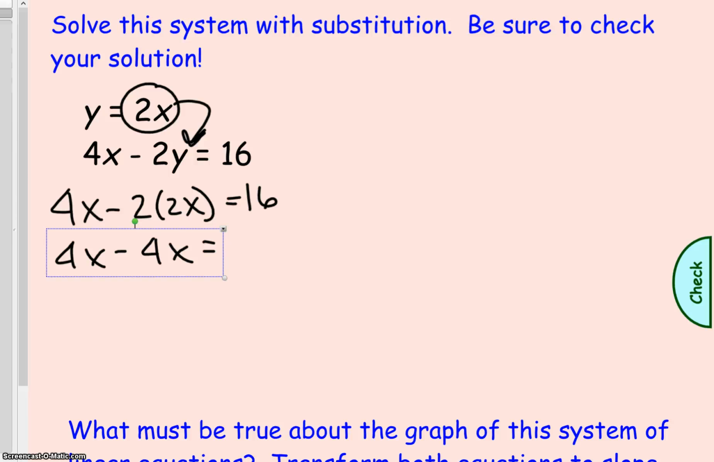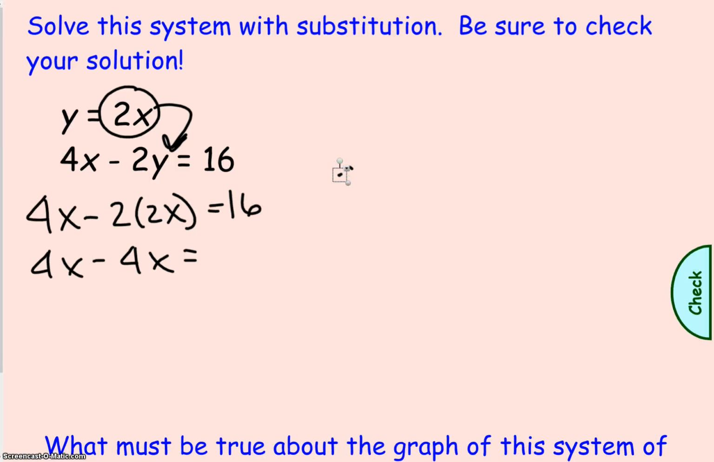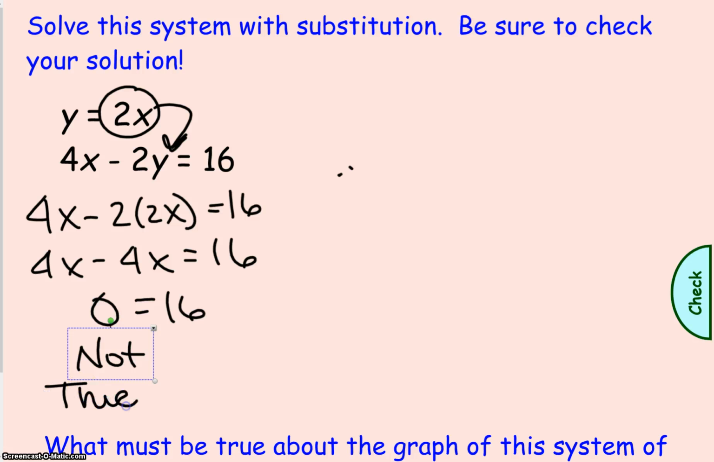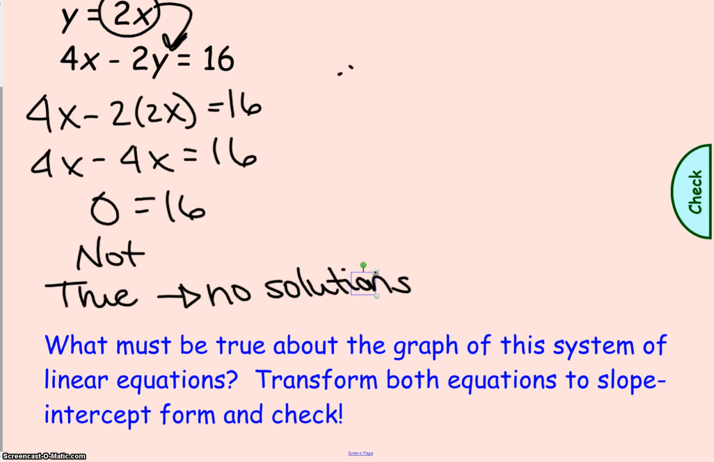Hold on just a second, guys. So I have 0 equals 16. This is not true. So what do I know? No solutions. And because it's no solutions, what do we know about this graph? It is parallel